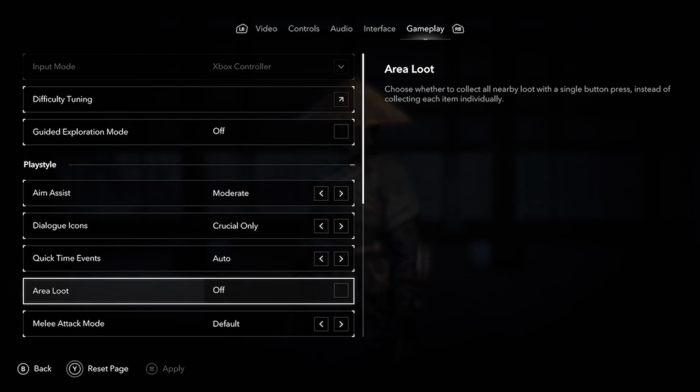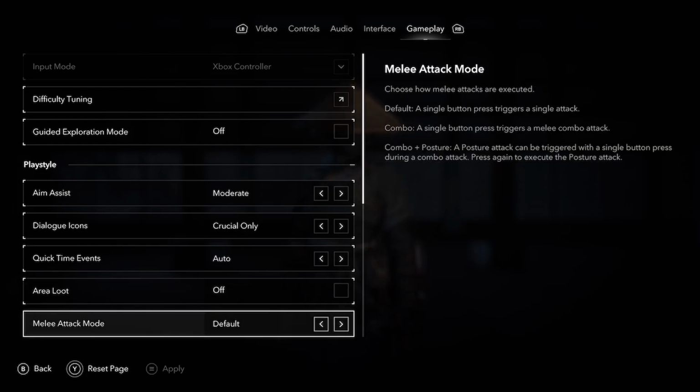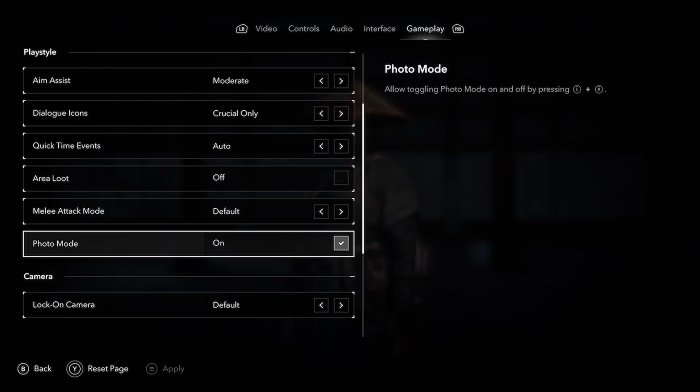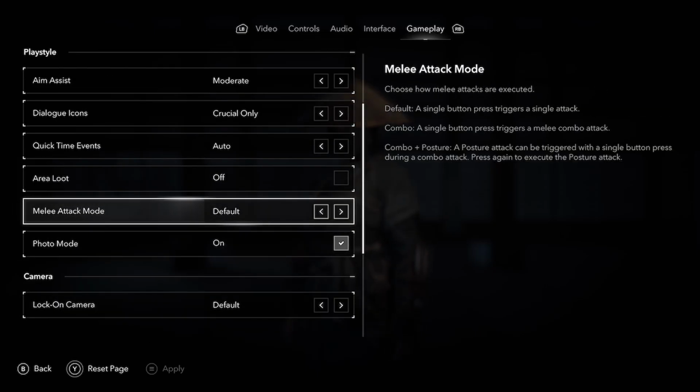Melee attack mode. So melee attack mode is an interesting one. Default now is RB, so right bumper, right trigger. So right bumper for light, right trigger for heavy. If you have it on combo mode, then a single press will do a flurry of combos, so you do a bit more damage without having to mash. And if you have it on the posture mode, then it's just kind of like an easy mode. So you can either have it as combo, so one press of RB for light attack or one press of heavy will do a combo, or you can have it as